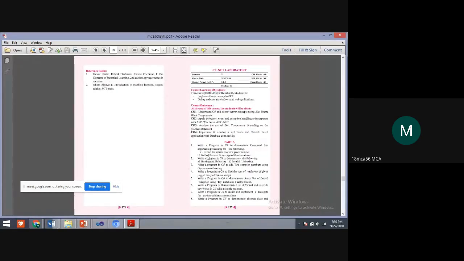So the first step, 1A program: write a C# program to demonstrate command line arguments.